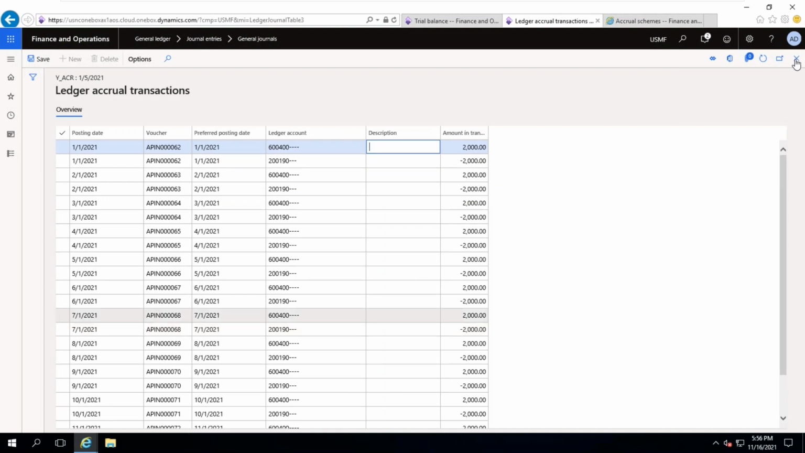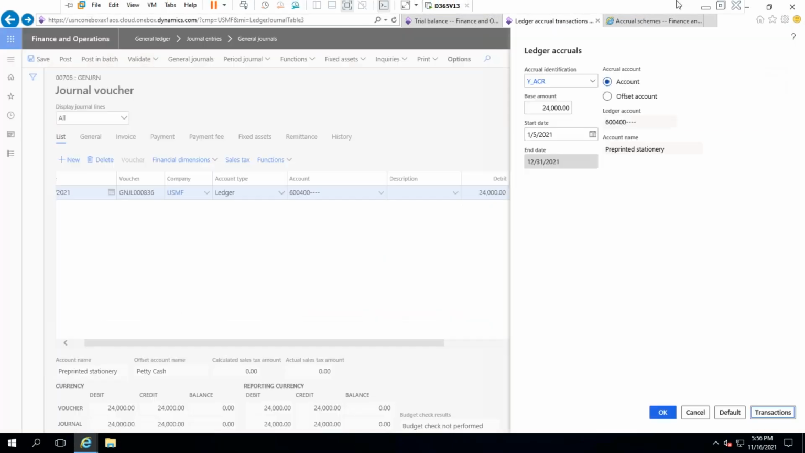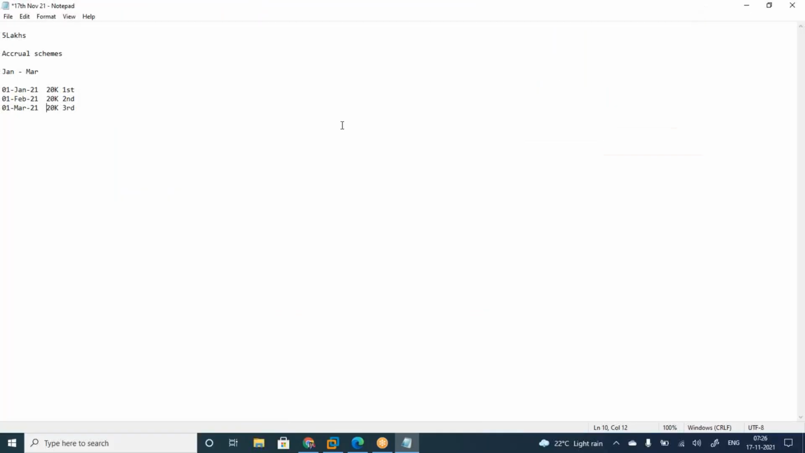Okay, it is splitting into 12 months. Now, what is going on inside? Let me explain in the notepad. A little bit tricky, let us understand. So actually we are posting